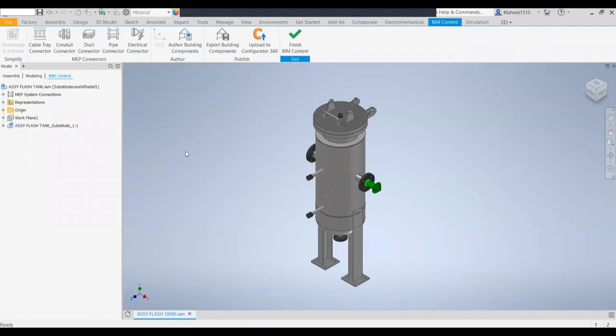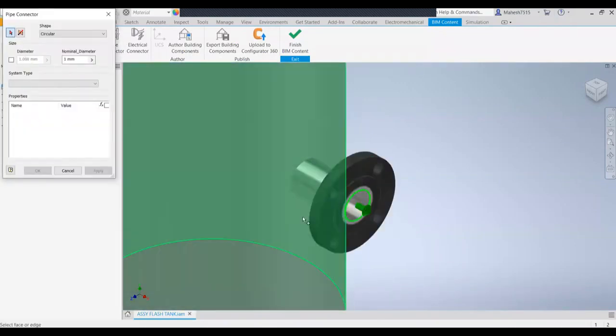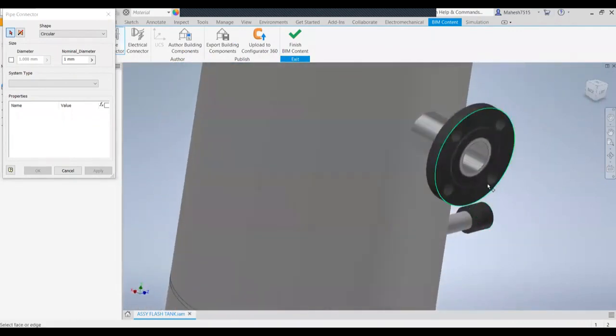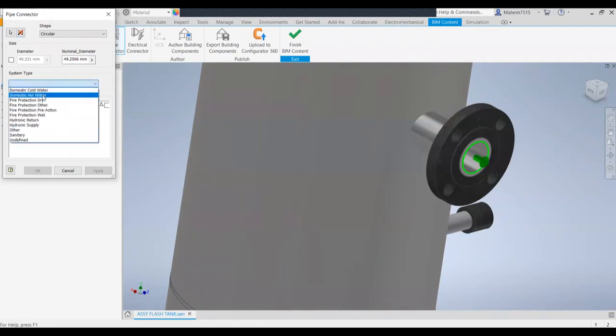So we are not going to deal with any of it as of now. We are going for a pipe connector. I have already given a connection here. I'll go with the next area and give it here. I'll change the direction, and this is a diameter which it automatically takes. That's not an issue. We can change it in Plant 3D also. For the purpose of knowing what kind of pipe is going to be connected here, I'll select its supply.